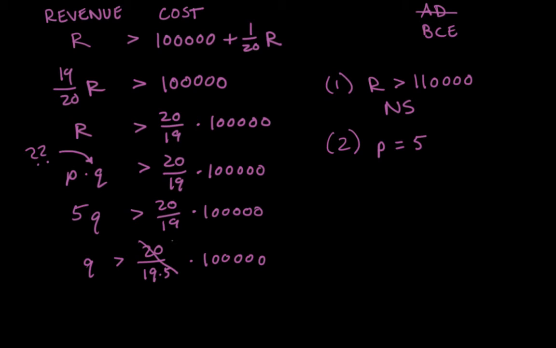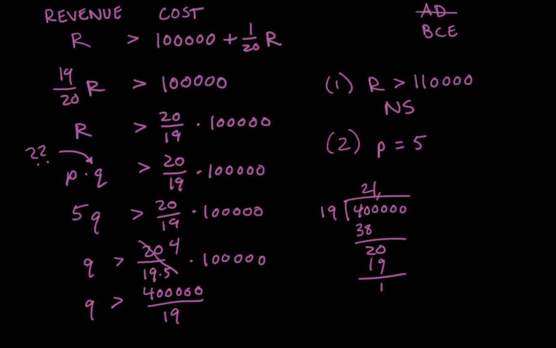20/5 reduces to 4, so I get Q is greater than 400,000 over 19. And you can see that the answer is now going to be more than 21,000. So statement 2 is sufficient to answer our question, making the correct answer